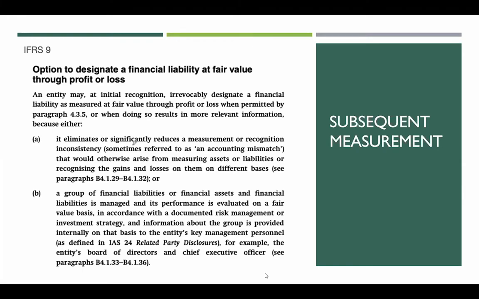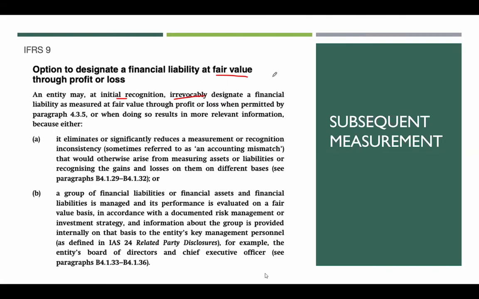So, ito yung provisions ng standard kapag dinesignate mo daw, kapag napag-alaman mo na mas relevant yung information, kapag ang ginamit mong method is fair value through profit or loss, then you can designate fair value through profit or loss during initial recognition. But that will be irrevocable. Hindi pwede na papalit-palit ka ng method. First year, fair value. Next year, naisip mo amortize. Next year, fair value. Hindi pwede yon. Okay? Dapat may reason ka kung bakit